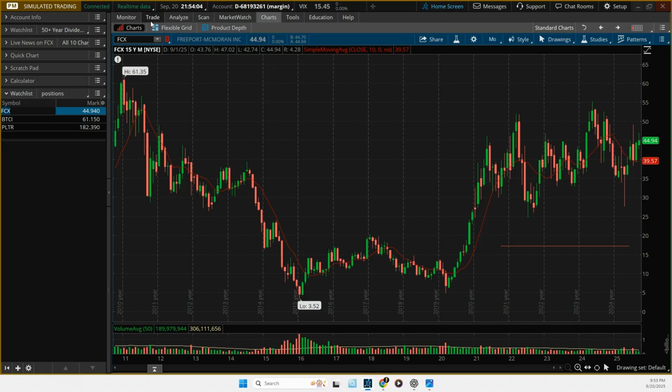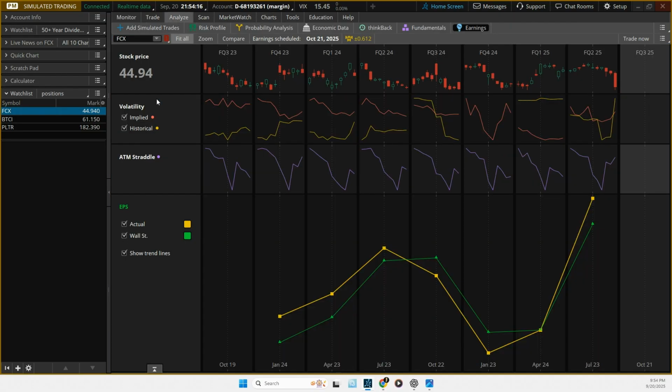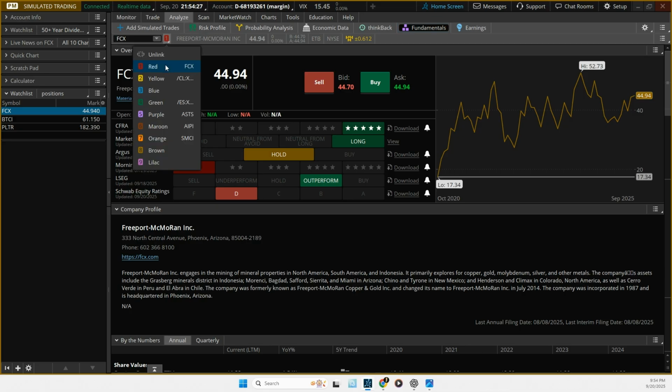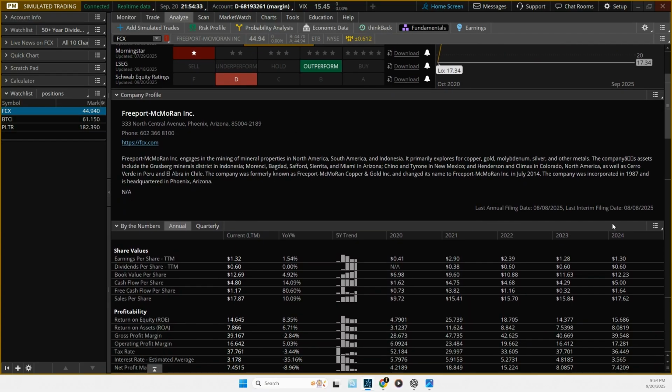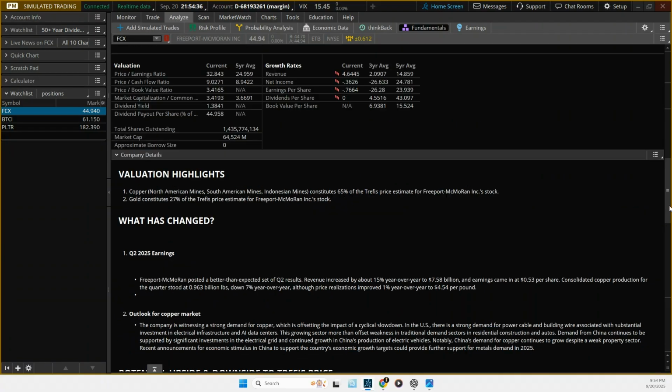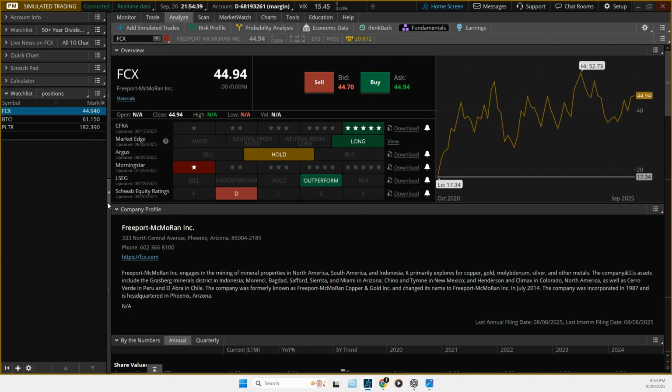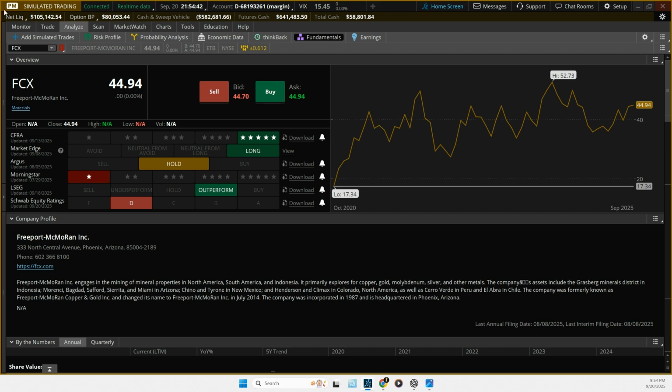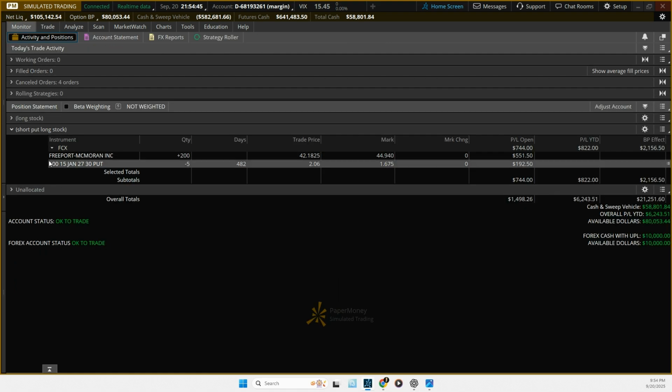Part of monitoring open positions may at sometimes include looking at earnings. So we could go down here under the Analyze tab, earnings, and I've already preset this up. So it's showing me the next earnings. You can see it right here. Also here in the fundamentals, it's already been linked. So you can get fundamental information, and that may also be useful to you in monitoring open positions. So those are a few ways that you can monitor open positions in Think